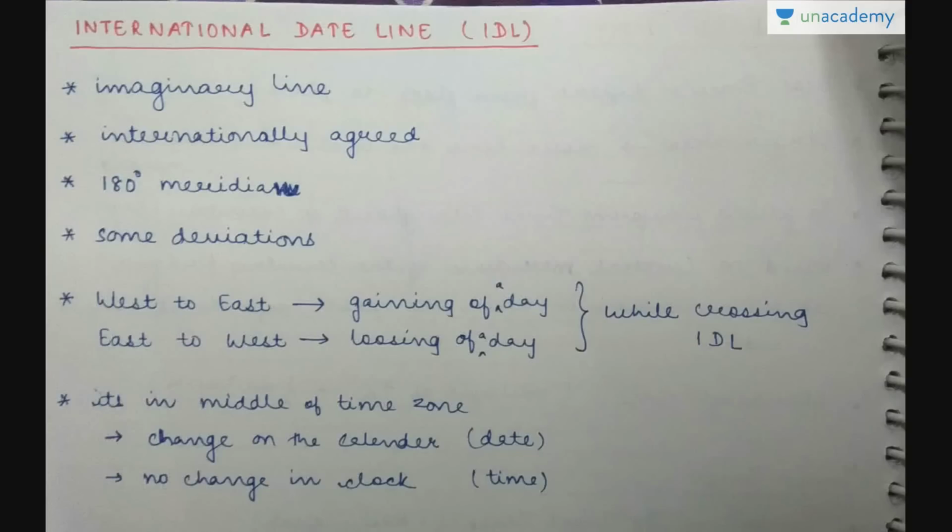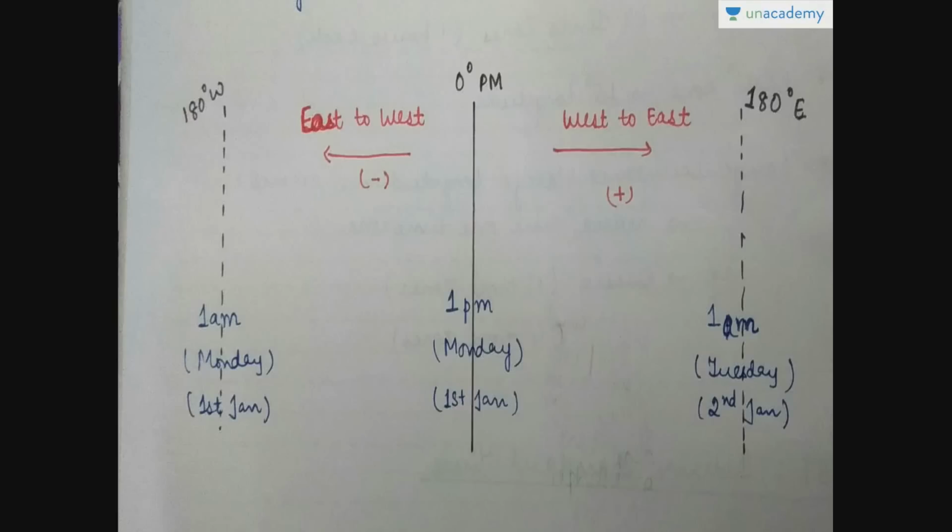And when we cross the dateline, what happens to date and time? We will just see here. Now, see, this is 0 degree, the prime meridian. This is when we move from west to east. This is 180 degree east, the international dateline. And similarly, when we move from east to west, this is also the international dateline, the 180 degree west, and these two lines coincide. Just try to imagine it to be a circle. This is a flat paper, so two lines are visible here, but when it's a circle, here is 0 and the opposite one is the 180.